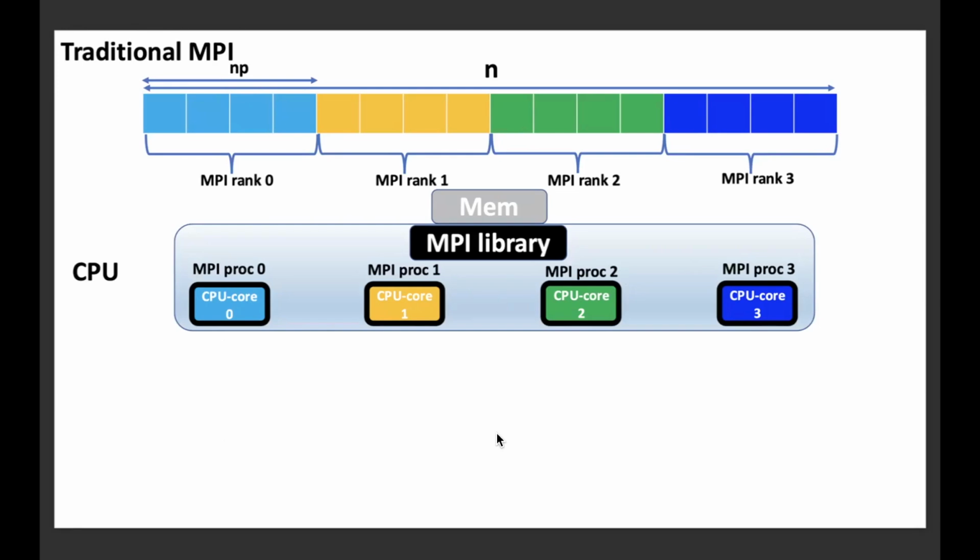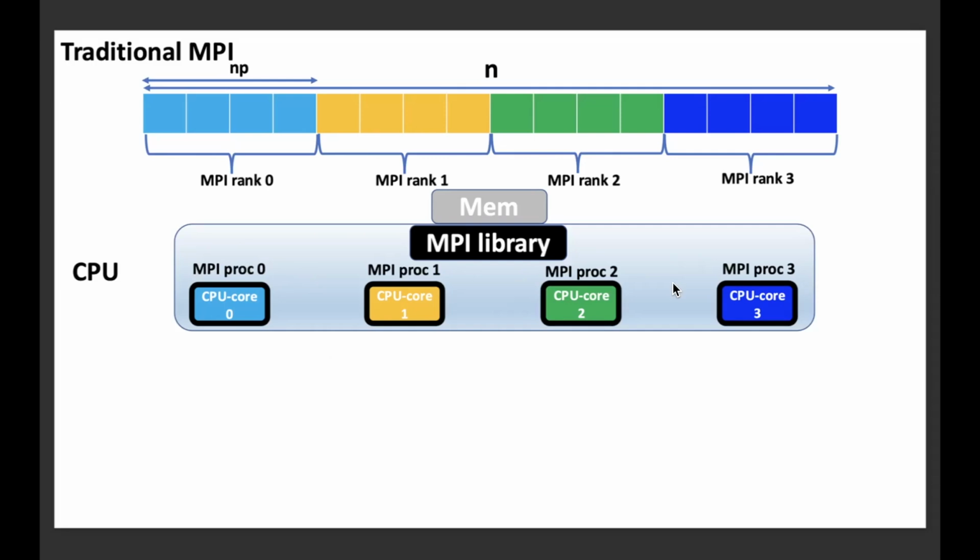The example we take is a 1D array where data are stored, and we partition the data into different segments, such that each segment is run by a process on a CPU core. Each part has a different MPI rank. The first part, for instance, has rank 0, the second part rank 1, and so forth. The MPI library will take care of sending all the data across different